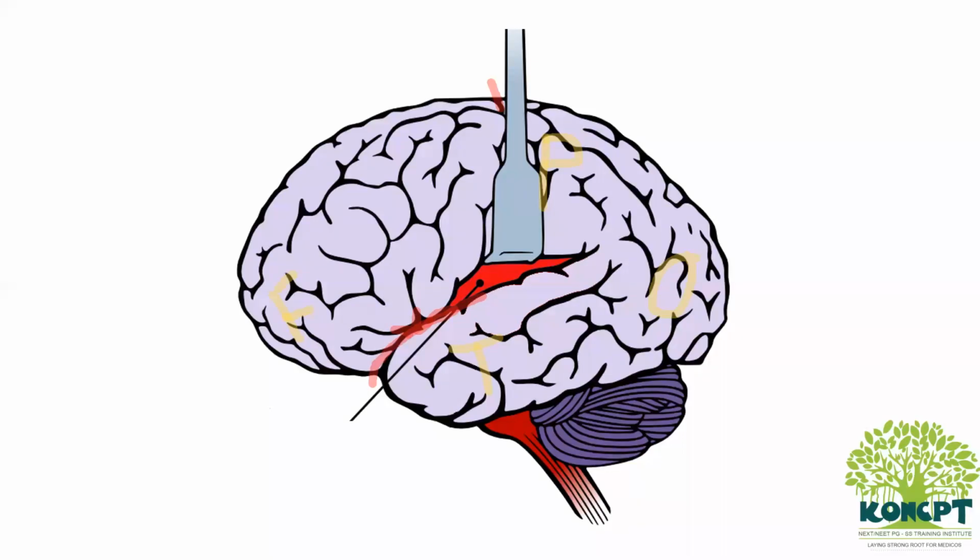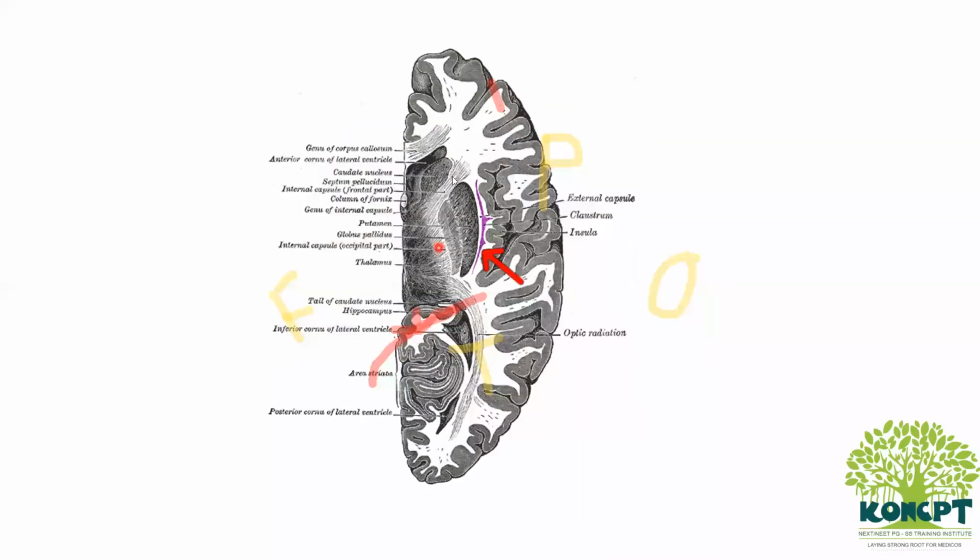Now, the same insular cortex we are going to see here in the horizontal section. Can you identify where the insular cortex is here? Not the purple one. So the insular cortex, as my pointer shows here, can you see it? This one, that's the insular cortex. What you see here is the horizontal section of the brain. This is the anterior aspect. That's the posterior aspect. So this will be the frontal lobe in front and behind the occipital lobe. This area is the insular cortex where my pointer is exactly.